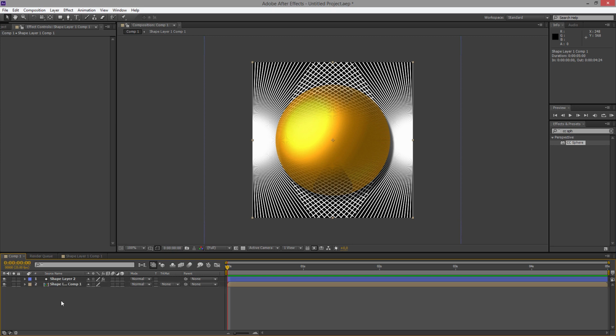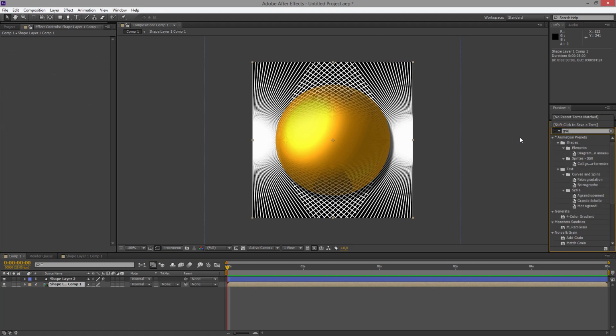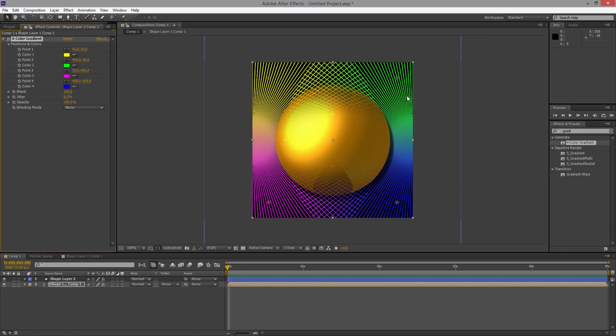It's okay. So like I said, now you can just play with the effect and how we can colorize it. So this one I will colorize, maybe with a gradient, a 4 color gradient. It's just an example. You put it on and now you got color. And just choose your color here. You see it's yellow because yellow here, green, blue here, etc.